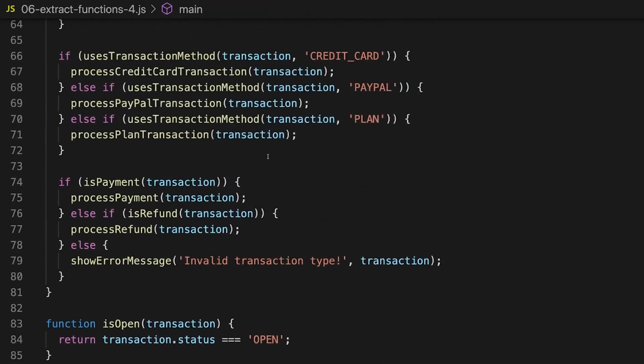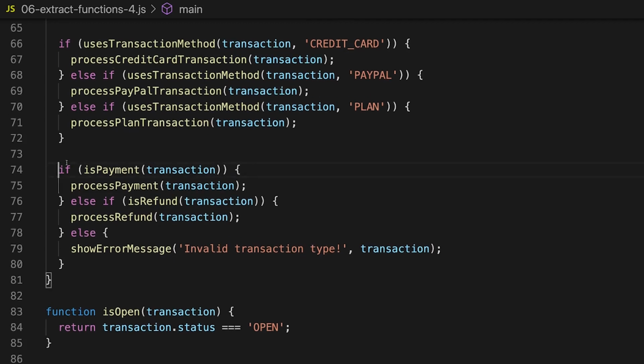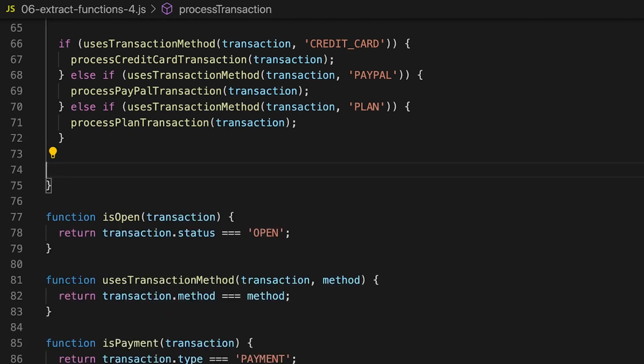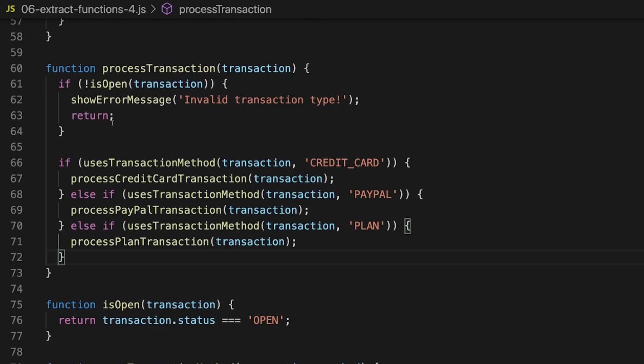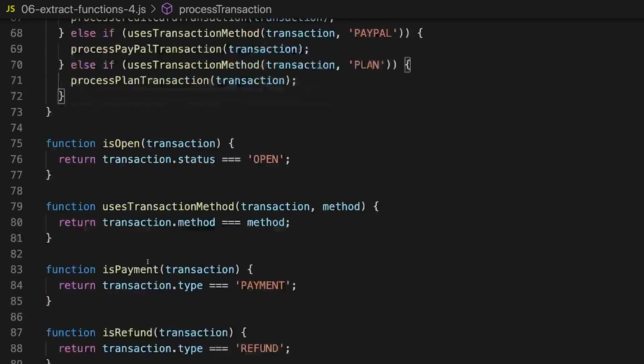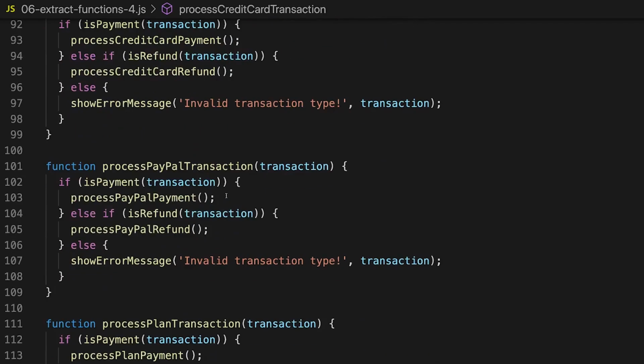Now we check for the method at a higher level and then for the type of transaction at a lower level. Hence we can now remove this if check here from the process transaction function because that's the check which we now have in all these method specific functions. Nonetheless, of course, we have duplication here. And just like this, we also won't be able to get rid of it because we're in the end just